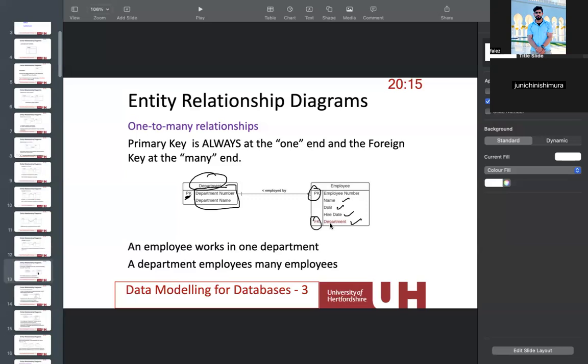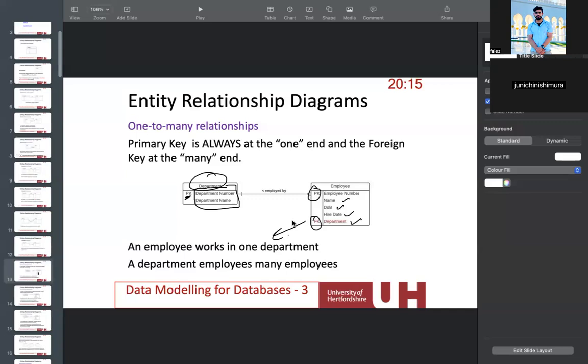So the primary key is always at the one end of the relationship. In this case, the department entity is at the one end, meaning that one department can have many employees. And FK, which is this part, June, is always at the many end, meaning that the department field in the employee table is a foreign key, which indicates that many employees can be related to one department. There are some rules. An employee works in one department, meaning each employee is assigned to only one department at a time, so the foreign key department in the employee entity is linked to the primary key department number